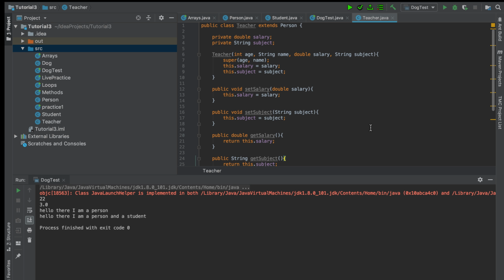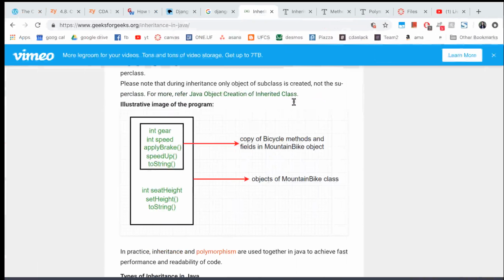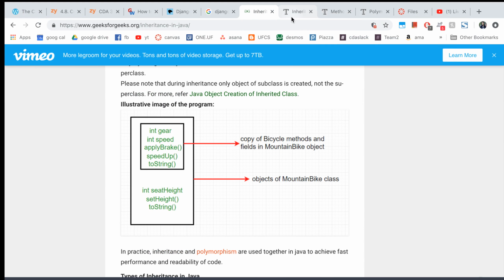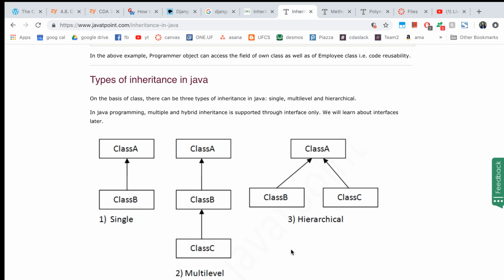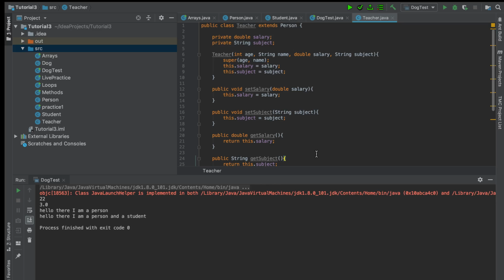Okay, so we're going to do something where we have a person superclass and then a teacher subclass and a student subclass. Basically, this is going to look like this, the hierarchy one, where we have two things, student and teacher, that inherit from one superclass. I already coded this up before just so I can reference it,